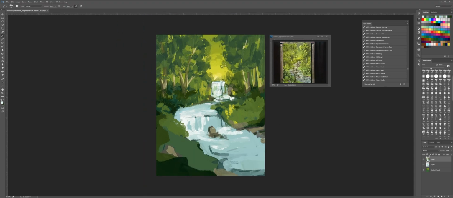And another thing I really tried to pay attention to in this piece as a whole was the geometry, I guess you could say, of the landscape. I would definitely say landscapes aren't my forte by any stretch of the imagination. So this was really good practice, for sure. And by geometry, I really mean